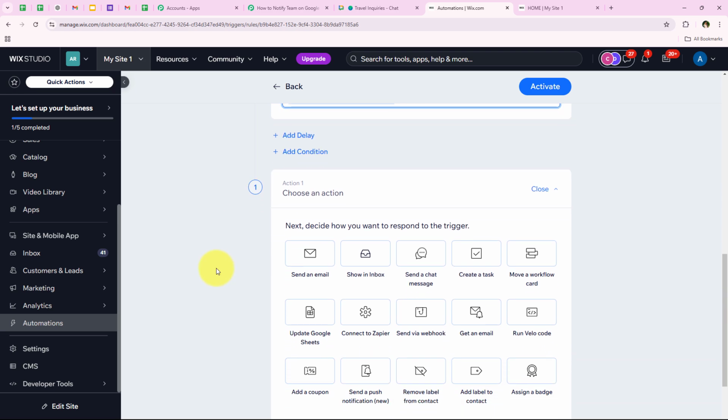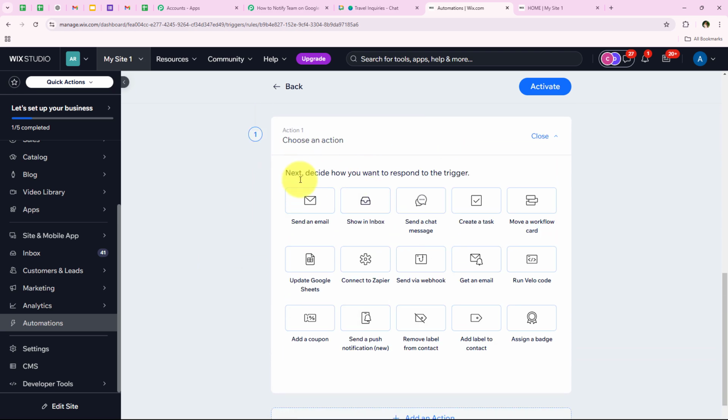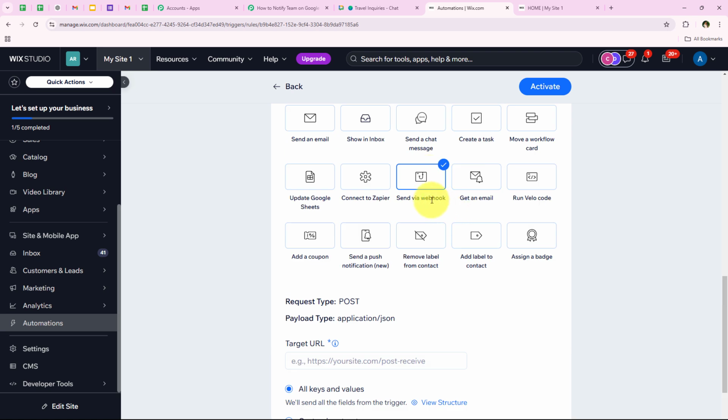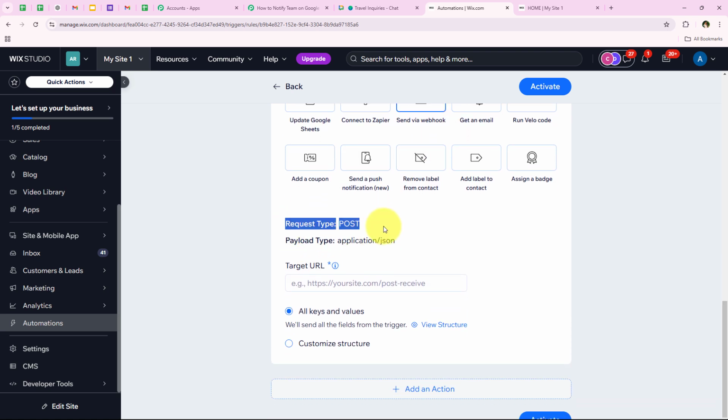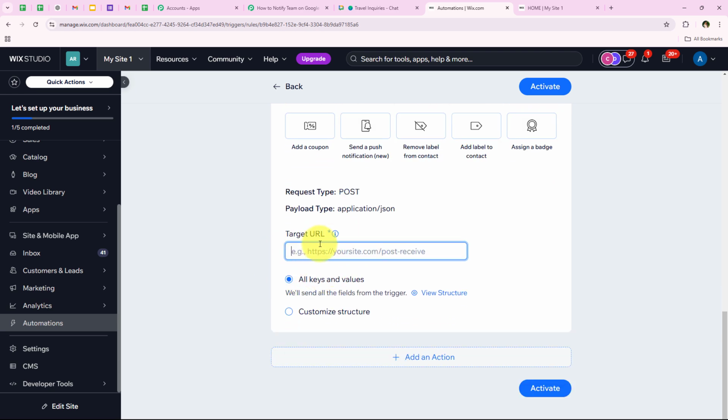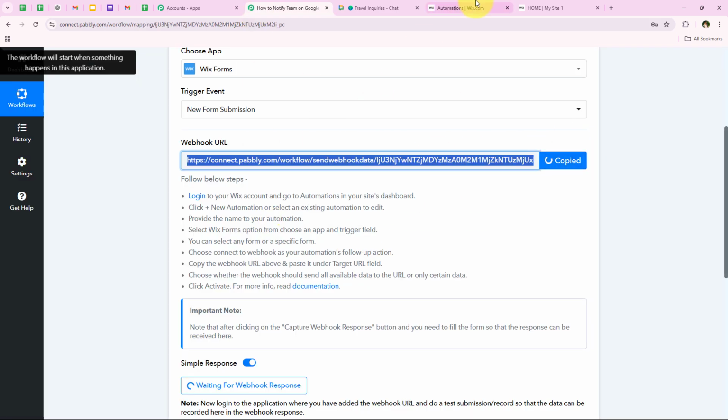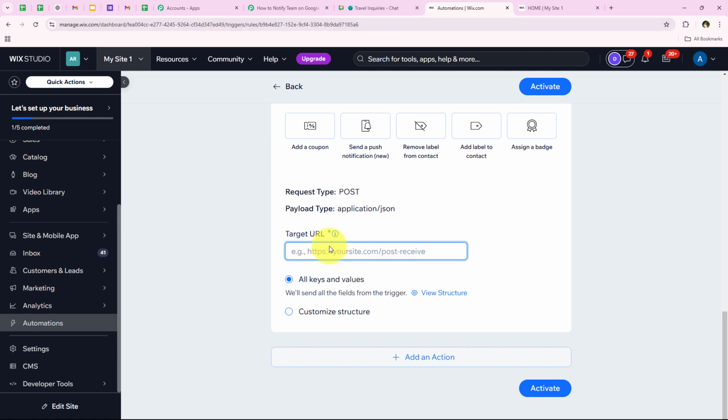Okay, we're going to move forward, and now it is asking me to choose the action. For the action, we're going to select send via webhook. So I'm going to select it right from here, and after selecting send via webhook, it is saying request type post. Now it is asking me for the target URL. What we have to do is paste the URL which we copied from our workflow right over here. So I'm going to paste the URL, which is the target URL, and after pasting this, we are going to select all keys and values,